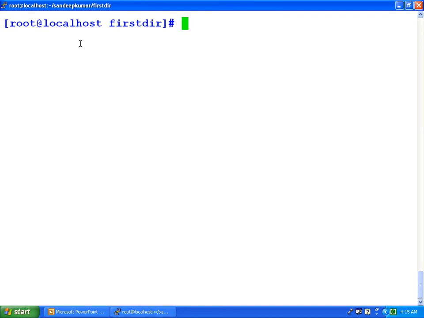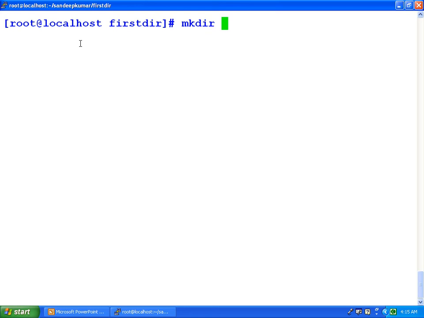Now let us move on to how to create a directory. So if we want to create a new directory, then we can use the command mkdir. So the syntax would be mkdir option directory name. So let us see that. mkdir, and we have to provide the directory name which we want to create.